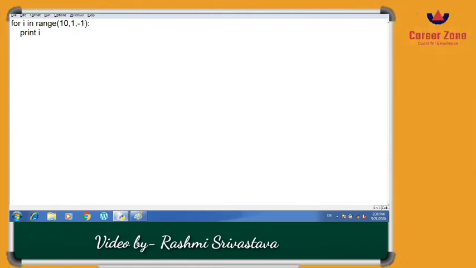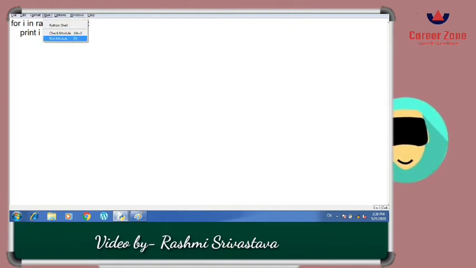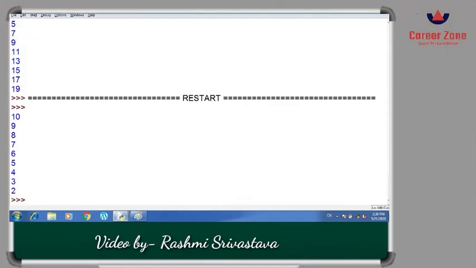For incrementing, if you want to print from 1 to 10, there is no need to write any increment value. However, for decreasing the value, for decrement we need to write -1, then only it is going to print. Now let's see the output.